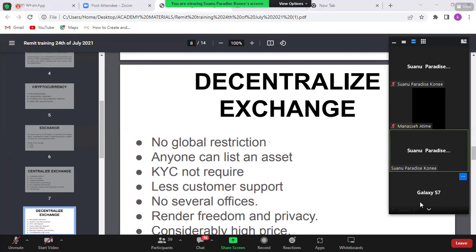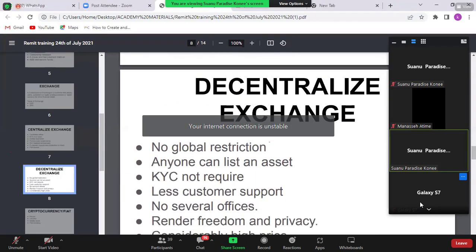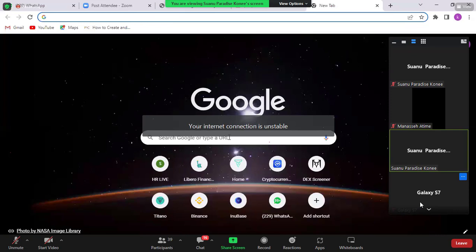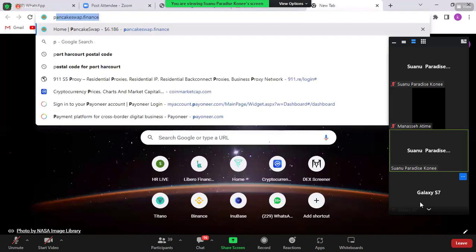Now let me show us examples. I will be showing us examples of the text. So if you want to see this, I'll be using PancakeSwap as a case study, right? So let me go look at PancakeSwap right here. Can you see my browser? This is my